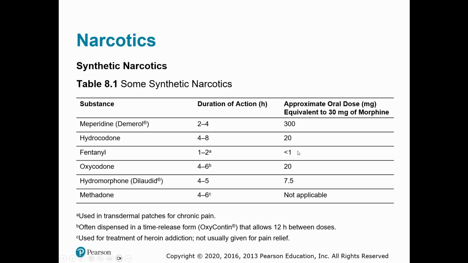Because of this, fentanyl is the drug that has led to a significant number of overdoses over the last decade, as it's used as a substitute for many of these drugs on the street markets. Methadone is used as a substitute for heroin addiction, as it reduces the withdrawal